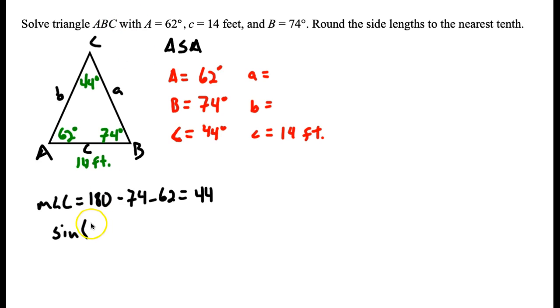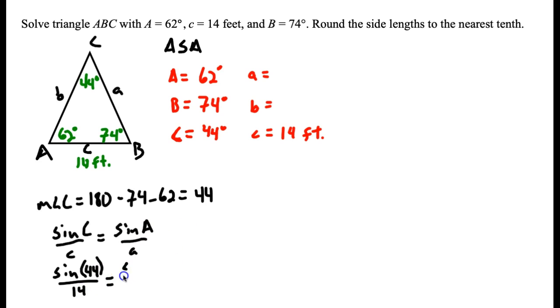I'll write the sine of C over side C is equal to, now let's solve for A first. So we'll do the sine of A over side A. So now I know three of these pieces, right? I know that C is 44 degrees. So we'll say sine of 44 over 14